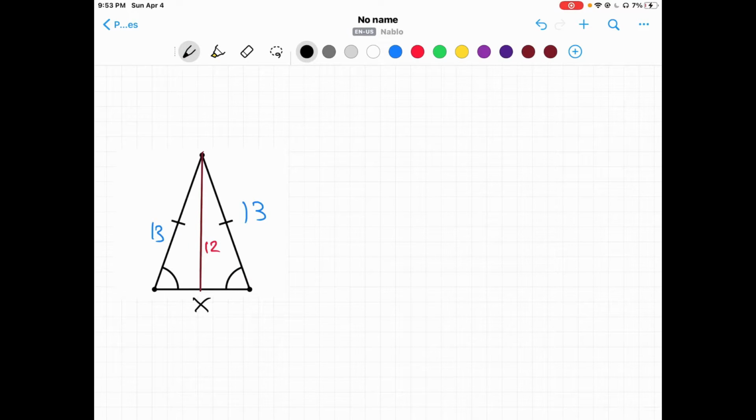Okay, so here we have another example. But instead of finding the height, it is asking us to find the base of the isosceles triangle. So, as I said before, we know that this triangle and this triangle are congruent. So we can go ahead and split this isosceles triangle into two, and we would get this triangle right here. This 13 would become the hypotenuse, which is C. Then we would have this 12 become B,